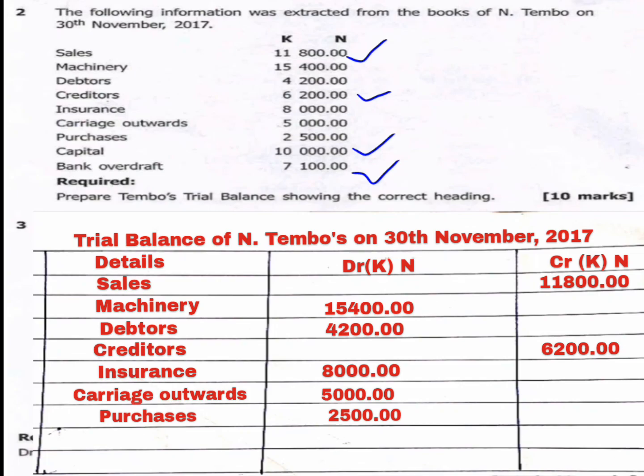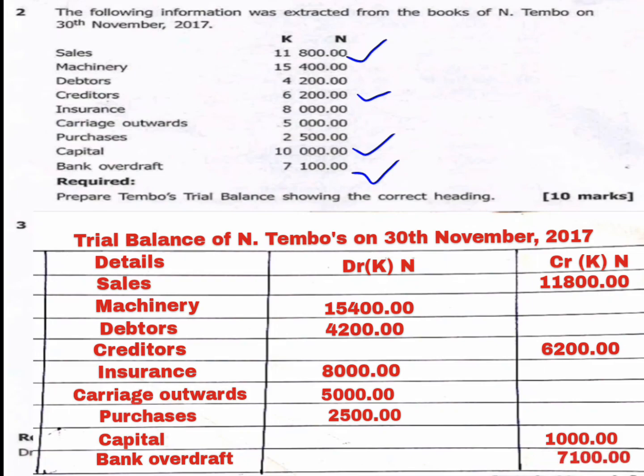Now, for example, in an exam, if they give you purchases returns, you are supposed to credit it. Then as for capital, you are supposed to credit. It's 10,000 zilongwe. Then the last one, which is the bank overdraft, which is 7,100